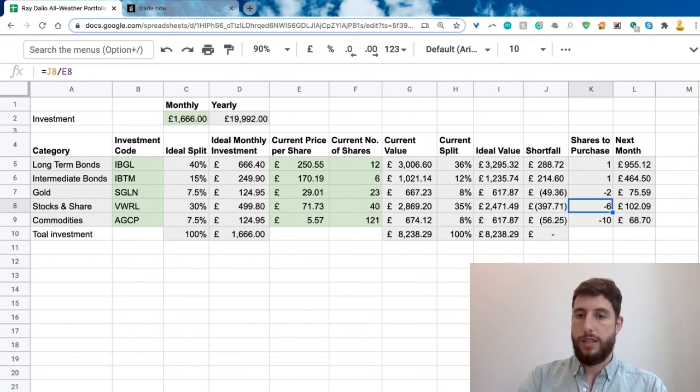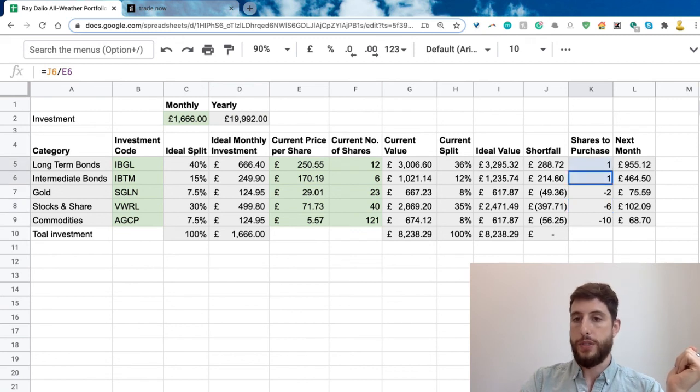The buy amount is higher than the sell amount. So if you bought one of these shares and then sold it straight away, you would lose money. So generally speaking, you want to buy but not sell. Now, if the price was really high and actually you were a shortfall of like £1,000, you got £1,000 more than you should have, then maybe that could be an example where you would still want to sell to make it still even. But generally speaking, the best way to do it is by